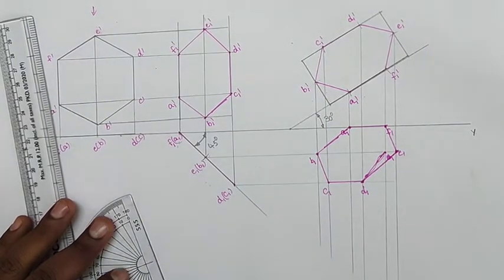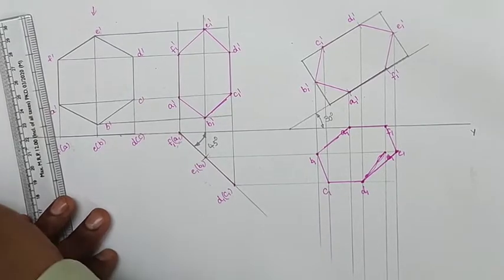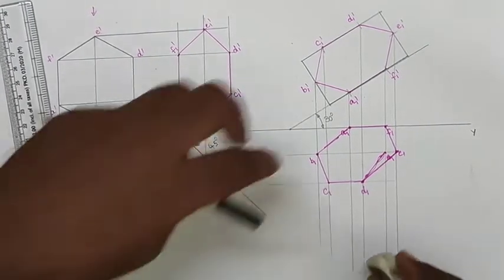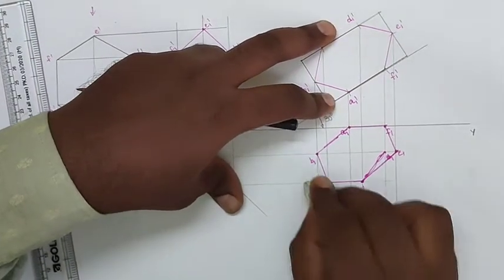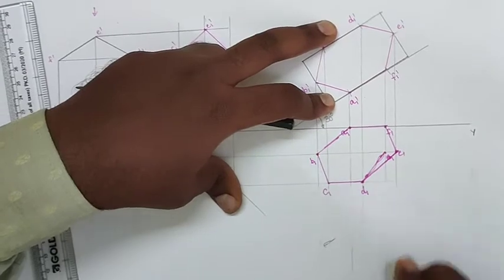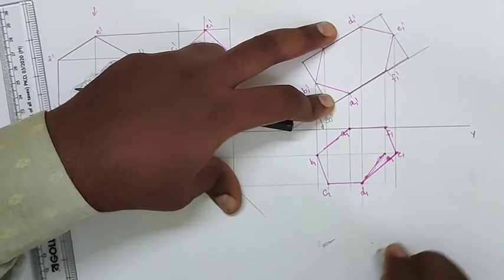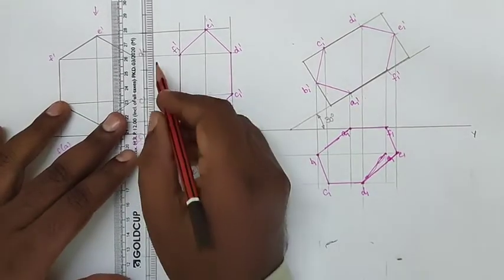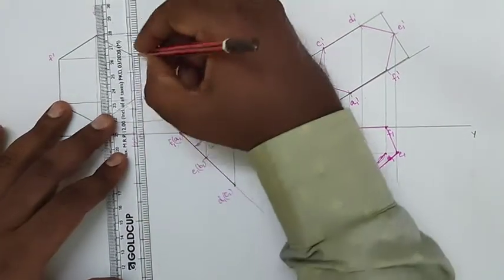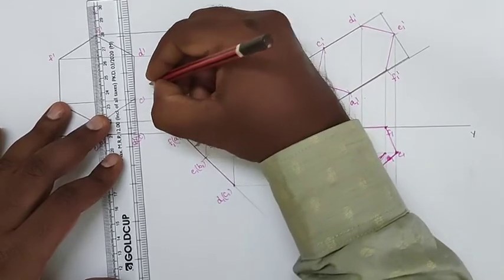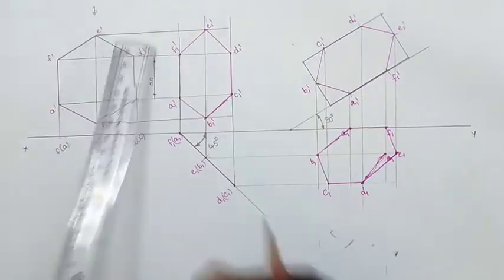Similarly, from the third front view, draw the vertical projection lines. From the second top view, draw the horizontal projection lines and locate all the corresponding intersecting points, and we will obtain the final top view of our diagram. So this is our final top view. After drawing the diagram, we'll give the dimensioning for this problem. So this dimension, they are giving as 30 mm.